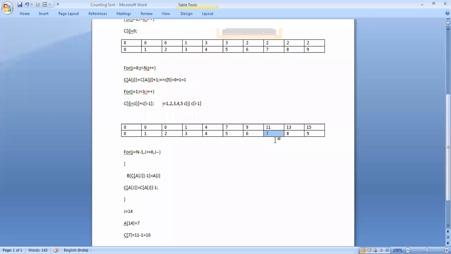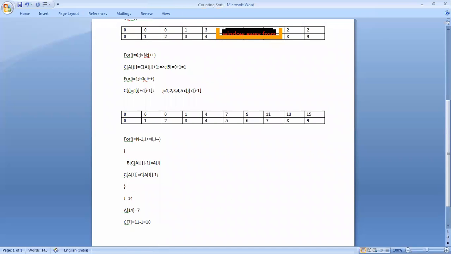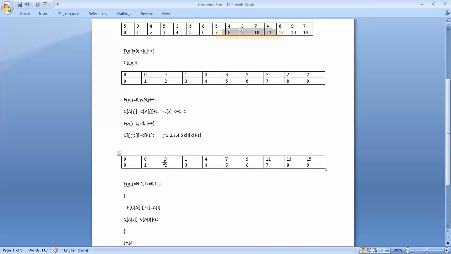So now C7 value here is 11, and 11 minus 1, that's why 10. So now B10. In place of B10, you check here this one, B[C[A[j]]], that means A[j] means 7. So A[14] value is 7. So now C7 value is 11. 11 minus 1, 10. So in place of B10, so now, so another array, that means finally we'll store the